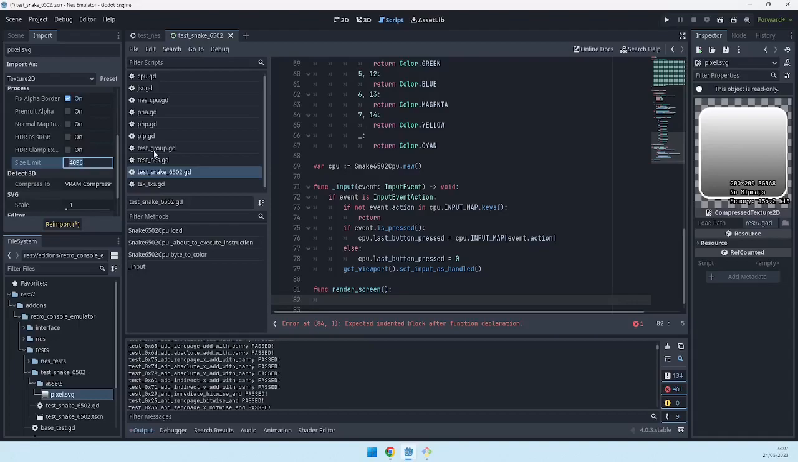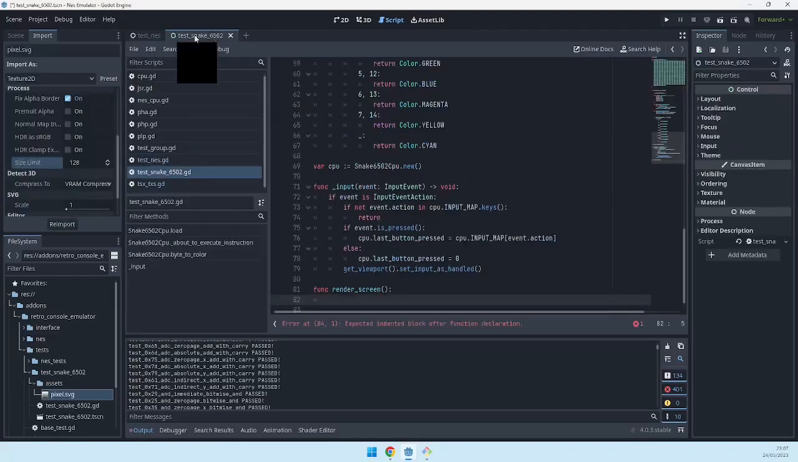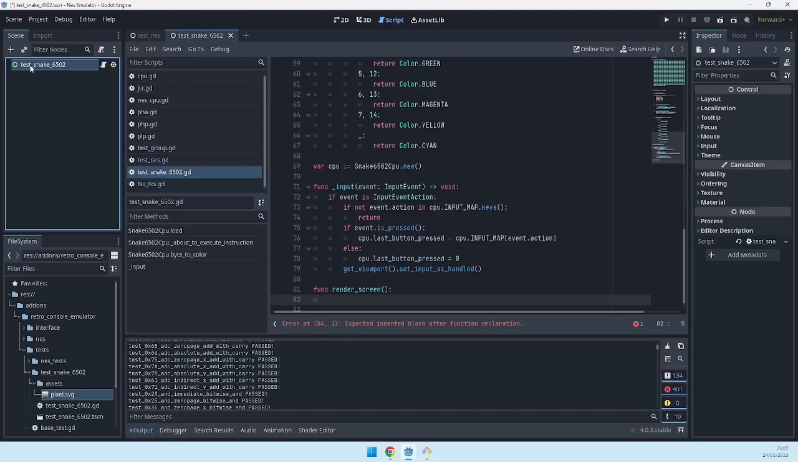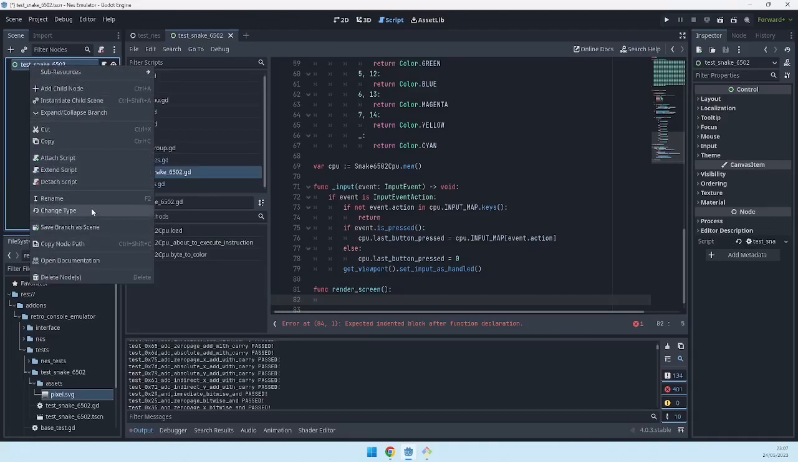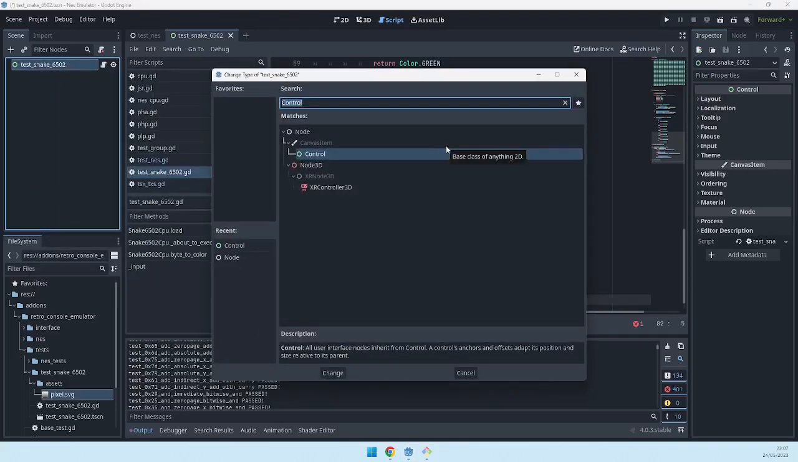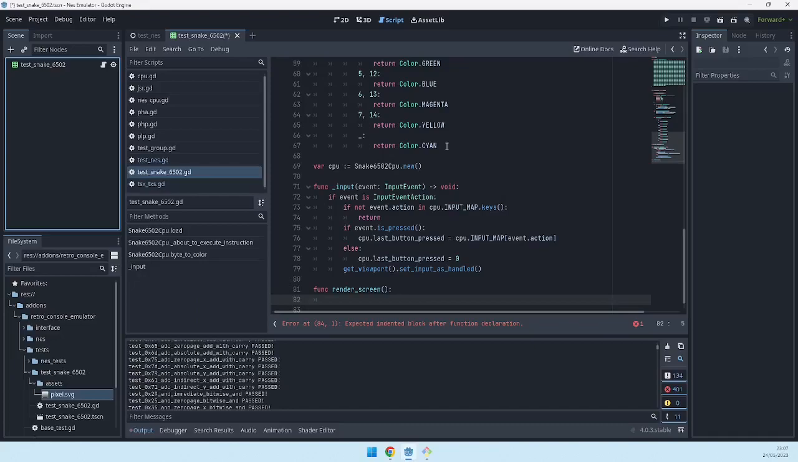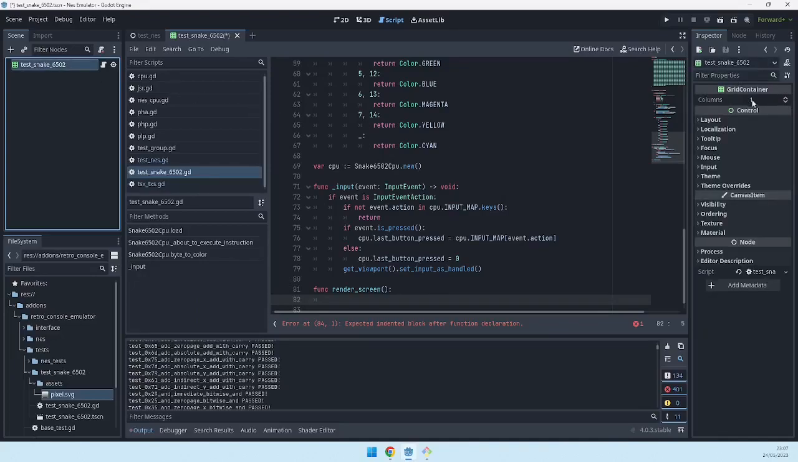Sorry, it's 128, not multiply. So I can re-import, and now it is 128 by 128. And the idea is I can make this test snake into something different, like a grid container, and I can make it have 32 columns,